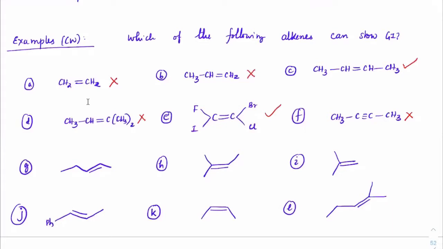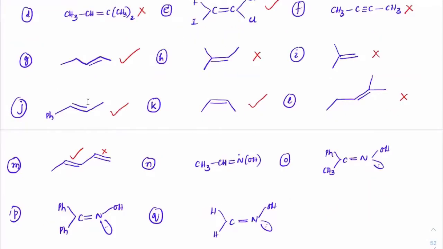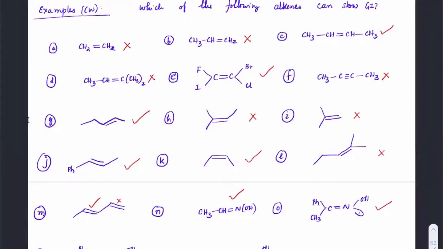Here, the G form. In G, yes. If you observe carefully, all of them are different groups. Left side, there is an ethyl group and a hydrogen. Right side, there is a methyl group and a hydrogen. If you ask about the overall molecule, the answer should be yes. If you ask with respect to every single double bond, this double bond does not show geometrical isomerism, but this double bond will. With the triple bond, it already has only a single orientation left, correct? Even if you break the bond, where is the orientation you will put?